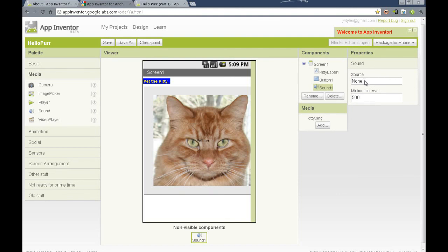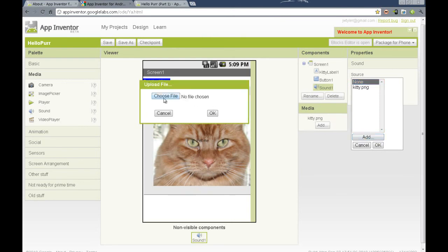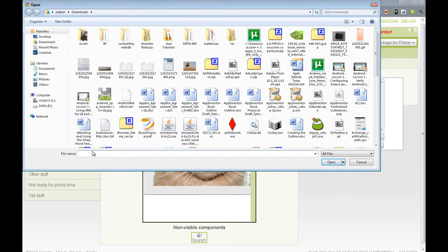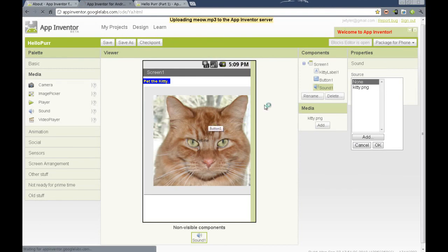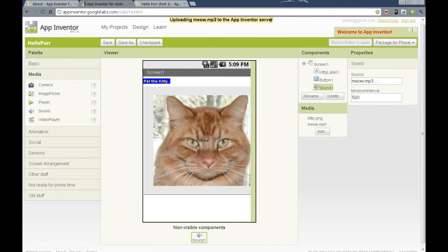So we can select the source, and once again we can either add media that has been added previously or click the add button and upload a sound. We have a meow sound, so let's upload that meow sound. Once again we'll notice an uploading notification, and eventually it will show up as being uploaded. So at this point we have the basic components in place. Now let's switch over to the blocks editor and add the functionality or the logic, the actual programming part to